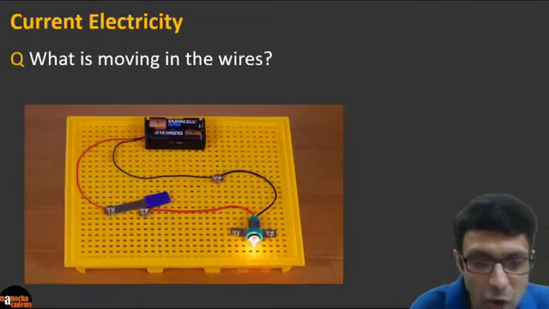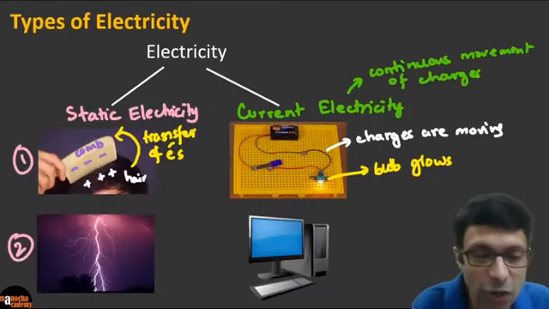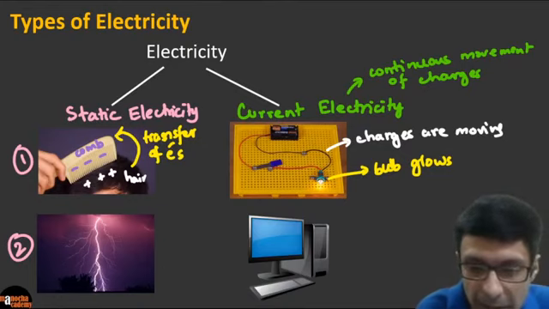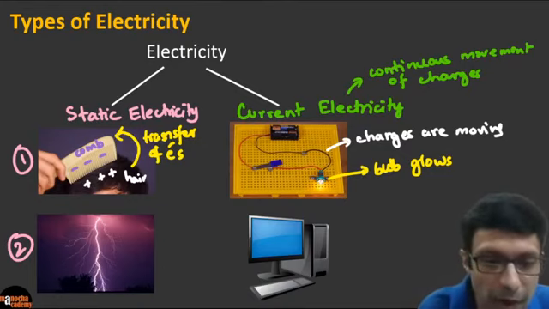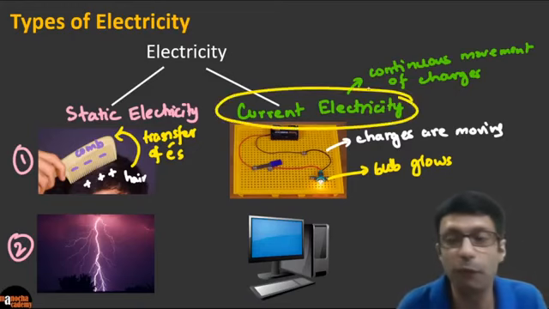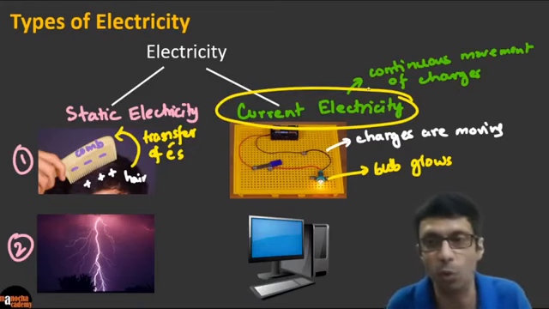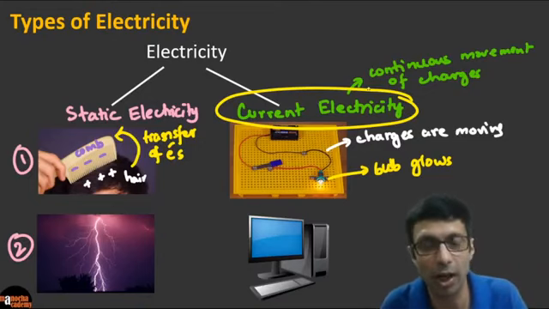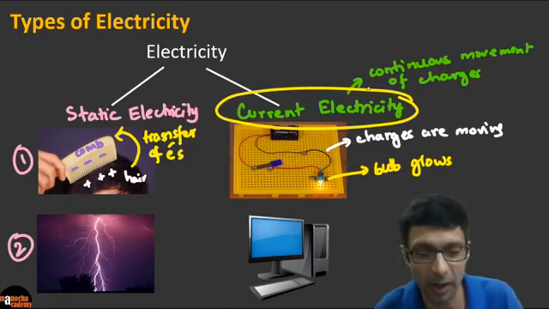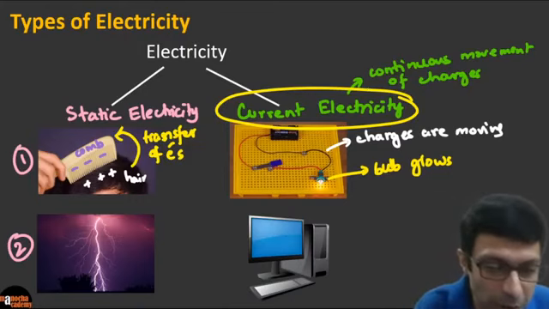Let's continue, right? Our focus in this class is actually going to be on current electricity, right? So let me mark that here. So this will be the focus of our class. It's going to be on current electricity, right? We won't be focused too much on static electricity. So we talked about that transfer of charge, the glass rod and silk cloth, the ebonite rod and wool, and the comb and hair example, they are the transfer of electrons, okay? But this continuous motion which causes current to flow through is what we're going to talk about.